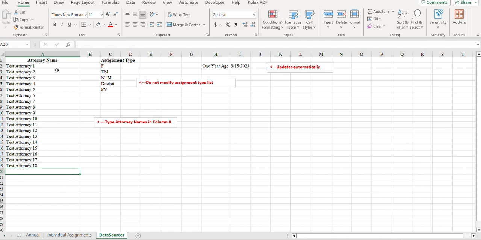So basically, in column A here on the data sources tab, you want to type in all of your attorney's names. The reason you're going to type your attorney's names here as opposed to elsewhere is this is going to prevent you from having any issues with typos where, instead of putting Jane Smith, you put Jane Smythe with a Y, and then it will not know that that's the same person and has the same workload. This is going to create a drop-down menu on the other sheets, as you'll see. And so you won't have to think about, did I type the name in wrong